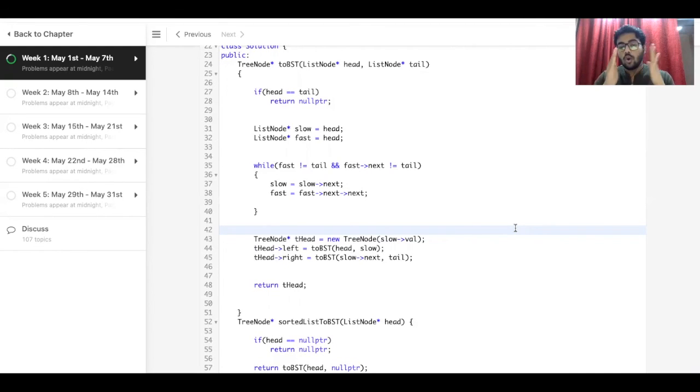Therefore, we called recursion on the left side, from head to slow, and on the right from slow next, which is the middle's next, to the end of the linked list, which is tail. So we do the recursion for both of these parts, and we divide the problem into smaller parts, and we have a base condition that if head is equal to tail, then we return the null pointer.